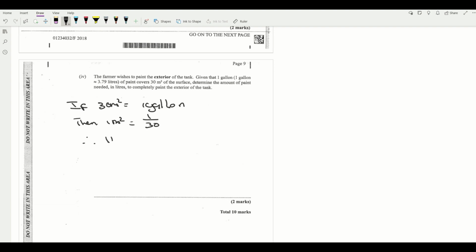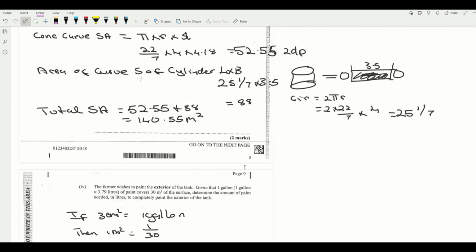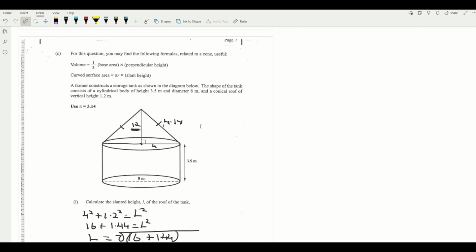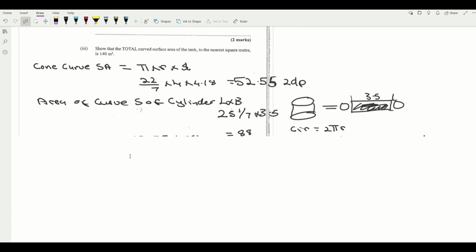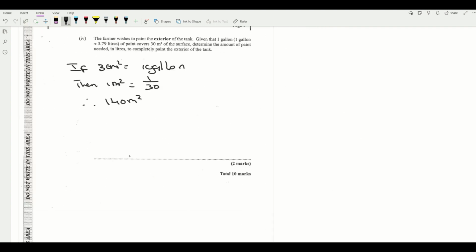Therefore, 140 meters squared. Why 140? Because that is the total surface area of your storage tank here, right? That would be equal to 1 over 30 multiplied by 140 over 1, right? So that's 140 divided by 30, which is equal to, don't approximate just yet, 4 2/3 of a gallon,